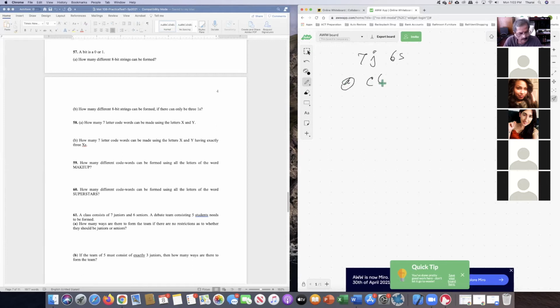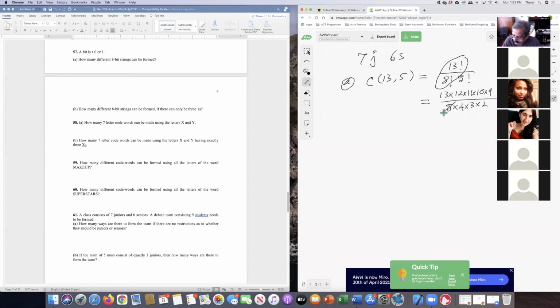Combination of 13, comma 5 will be the first part. And apply the formula, that'll be 13 factorial over 13 minus 5 is 8 factorial times 5 factorial. And then to simplify this part, combine the larger denominator to the numerator, you get 13 times 12, 11, 10, 9. And 5 factorial would be